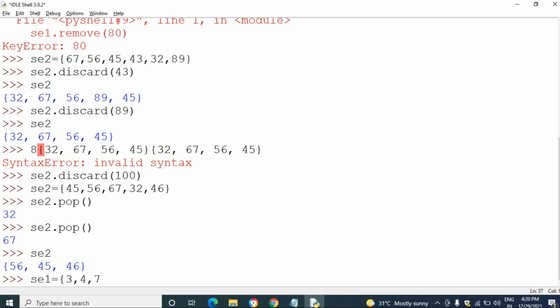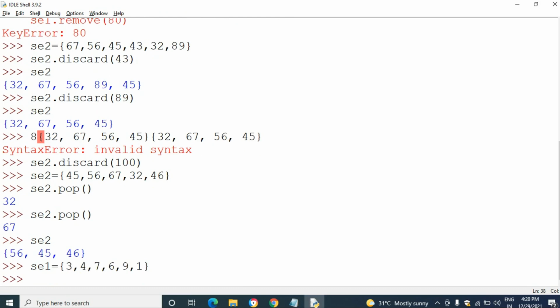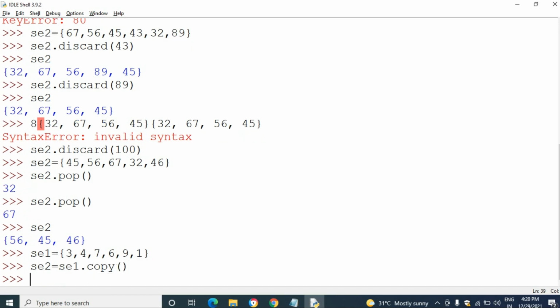For example, I am taking set1 with 6, 6, 9, 4, 1. Then I want to copy these elements into another set, that means set2. So set2 equal to set1.copy().